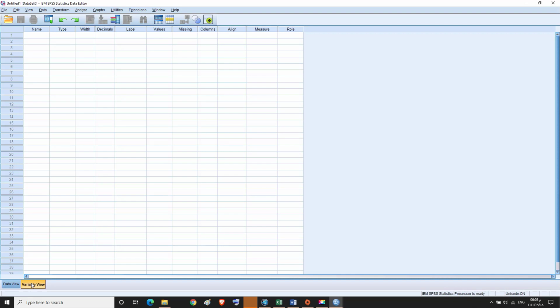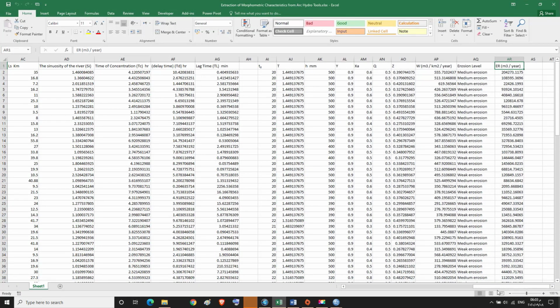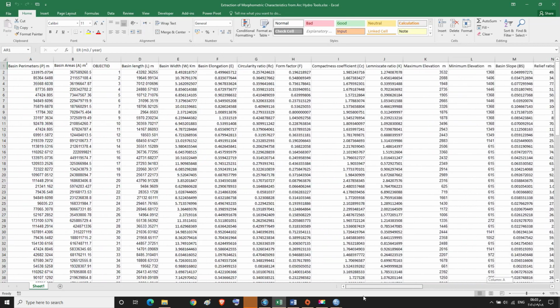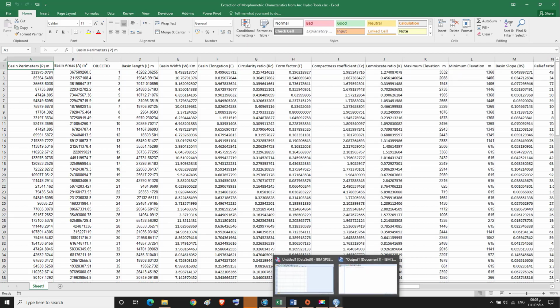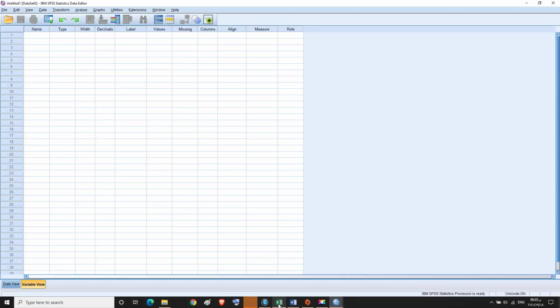We enter the characteristics into the variable view page as follows, where we go to the Excel file that contains morphometric characteristics, and we choose basin parameter P. Then we go to the variable view and we type parameter or P in the name field.